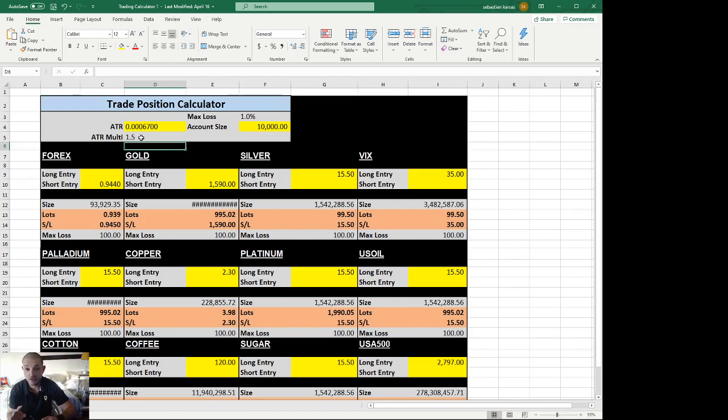This is how you can grow an account really fast because it's dynamic. You're not always using the same position size. You're mixing up your position size based on your stop loss. But what you're doing is controlling your risk. You're never losing more than 1% of your account. So just because you're confident doesn't mean you should use large lot sizes. And if you're not confident, doesn't mean you should use tiny lot sizes either. As long as the risk is no more than, say, the 1%, maximum 2% of your account, and you've done